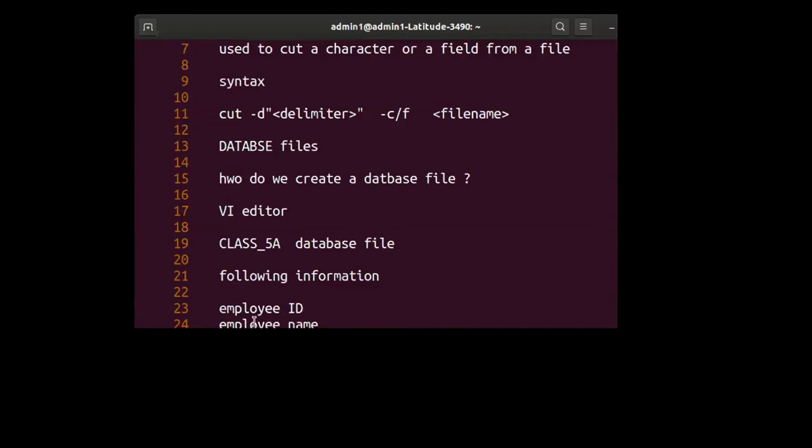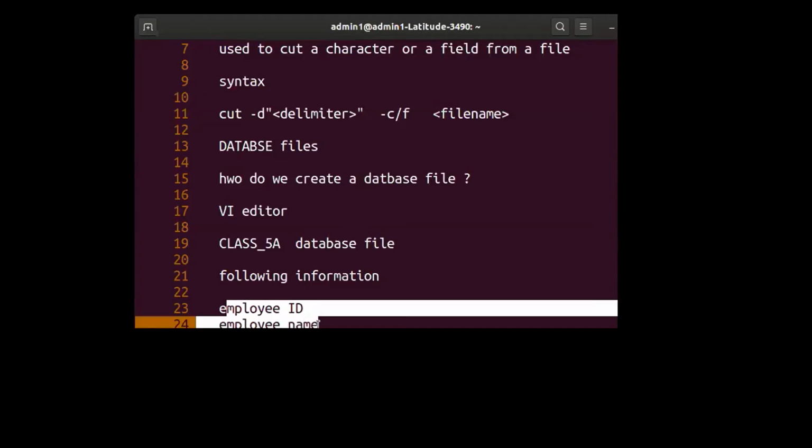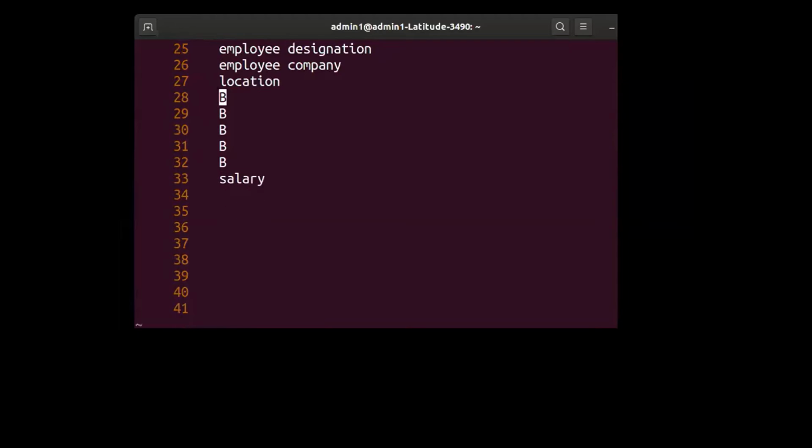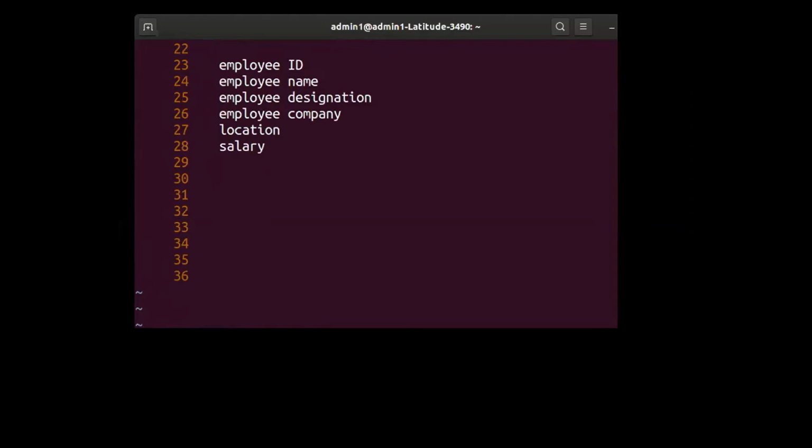So I have created a database file called class_5a, which has this information: employee ID, employee name, designation, company, location, and then salary. These are the fields that I am going to have in my database file.